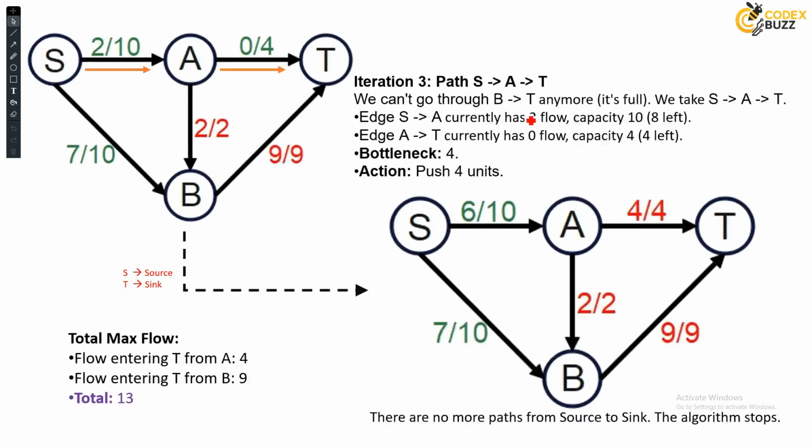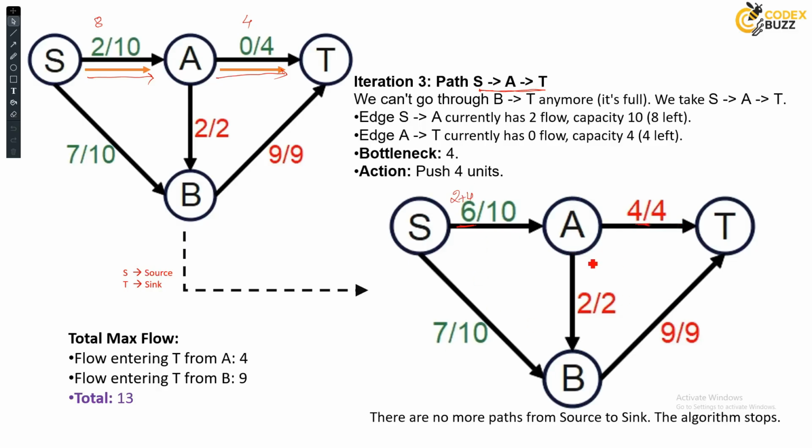Now take the third path. The third path is S to A and A to T, right? What are the capacities here? हमारे पास यहाँ capacities क्या है? We have 8 as a capacity here, यहाँ पे 4 is the capacity here. Okay, so what is the bottleneck here? Of course 4 is the bottleneck. It means that we are pushing 4 units in this flow. 2 plus 4, 6 आएगा, राइट. 4/4 तो फुल हो चुका है. इसका मतलब A to T is effectively full, which means we can't pass any other data from A to T. Okay.